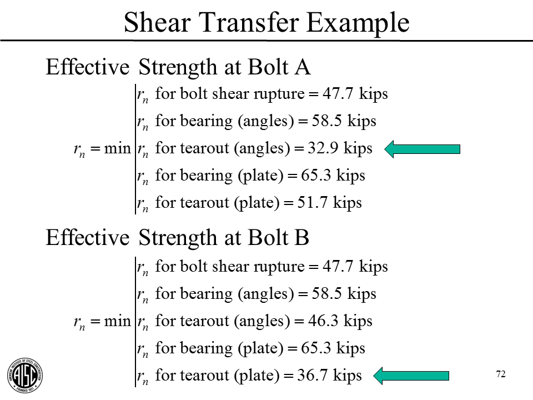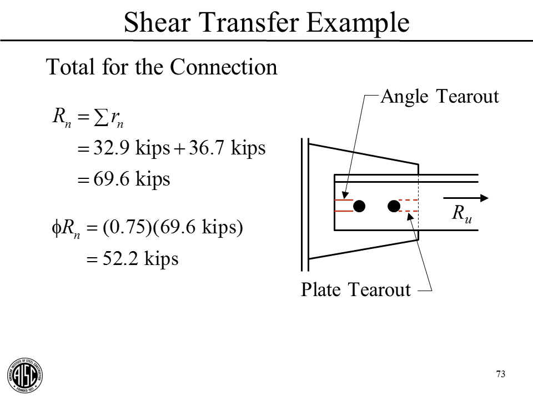So we calculate the effective strength for bolt A, just gather all these up, take the minimum, 32.9 kips, and that's the effective strength of bolt A. The effective strength of bolt B, same deal, gather all these up, take the minimum, 36.7. Okay, so we have these two that control. Now we gather them up, and we add the two together, and that's the nominal strength of the connection for